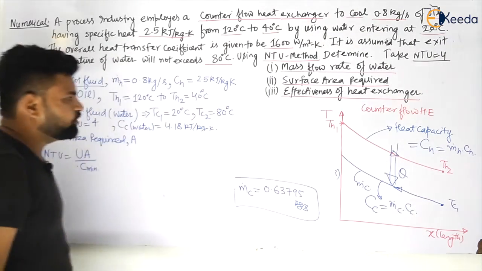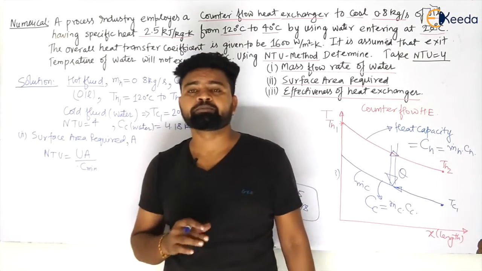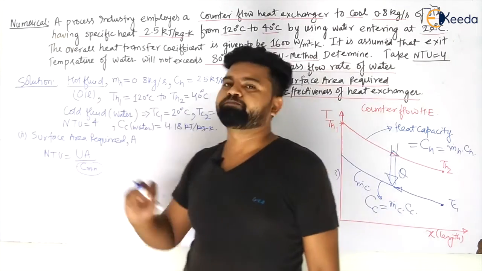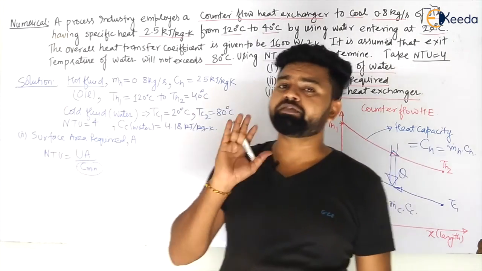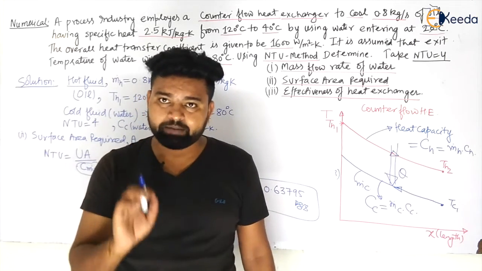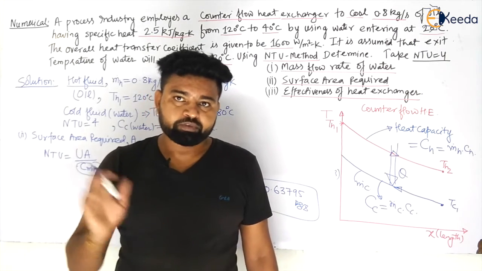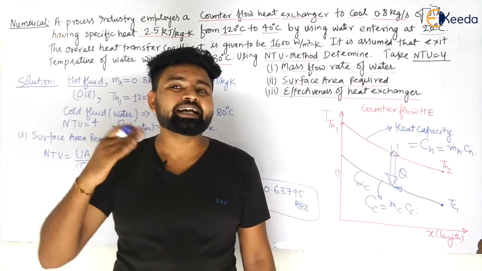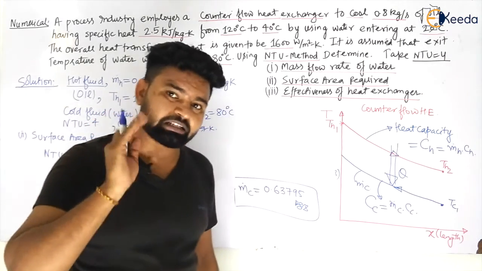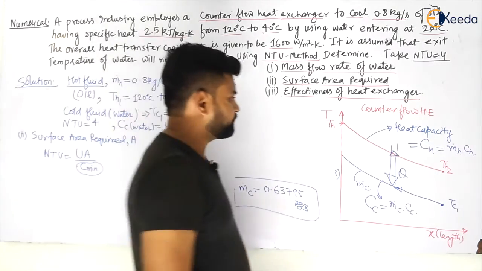So we know all the values. Can we calculate the heat capacities? Why are we calculating heat capacities? Let us see. Because in this formula you are having your C minimum. That heat capacity we will see. First of all, we will see for which fluid the heat capacity is minimum. So that if heat capacity of that fluid is minimum, it can undergo the maximum temperature difference. We have seen it in the previous video. Okay, now let us see.